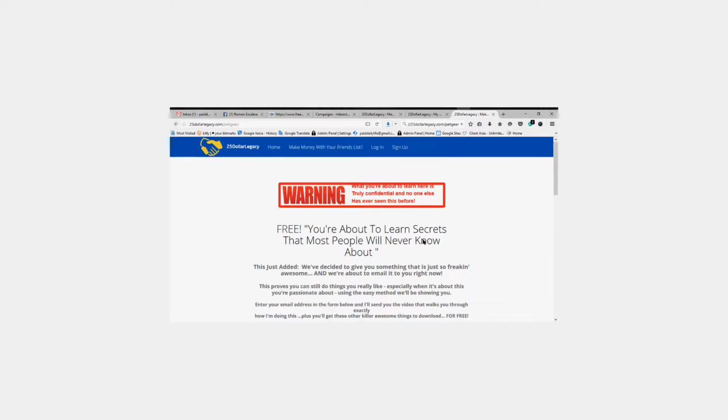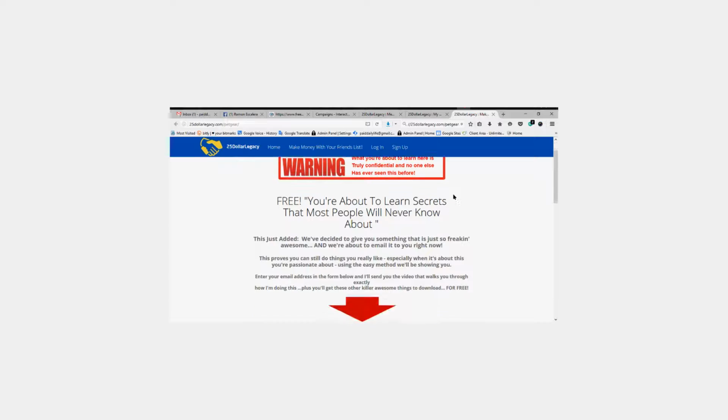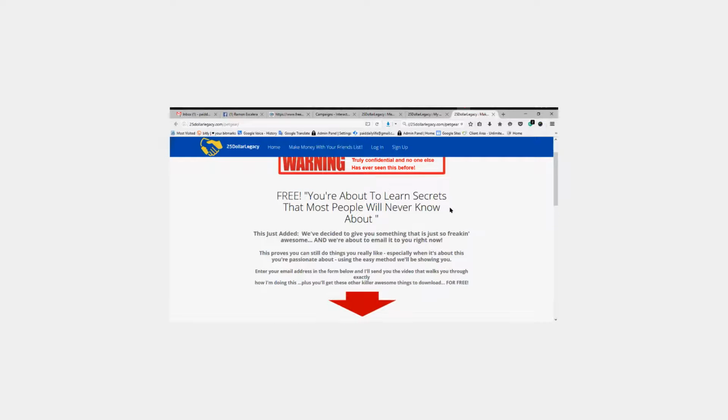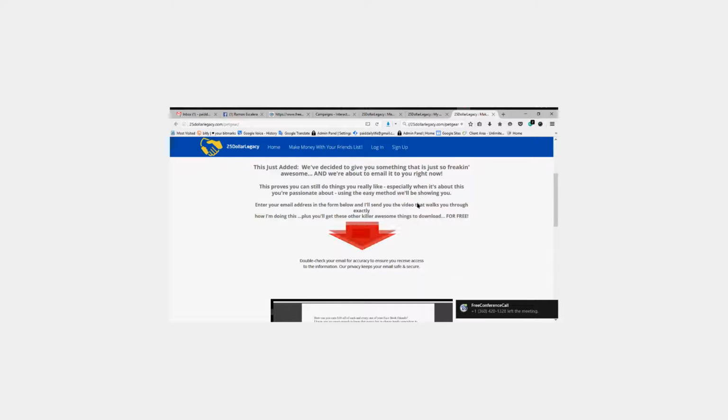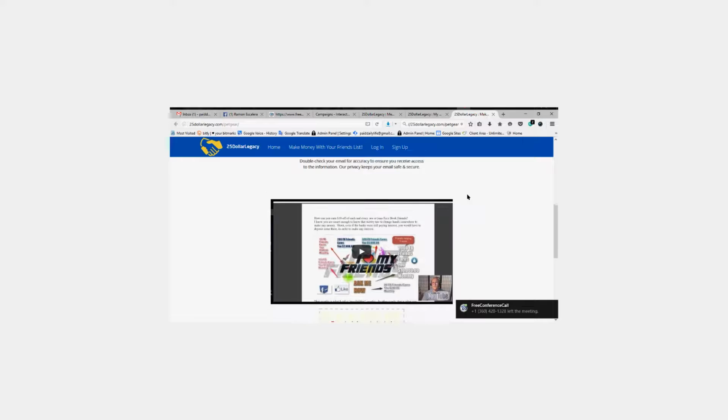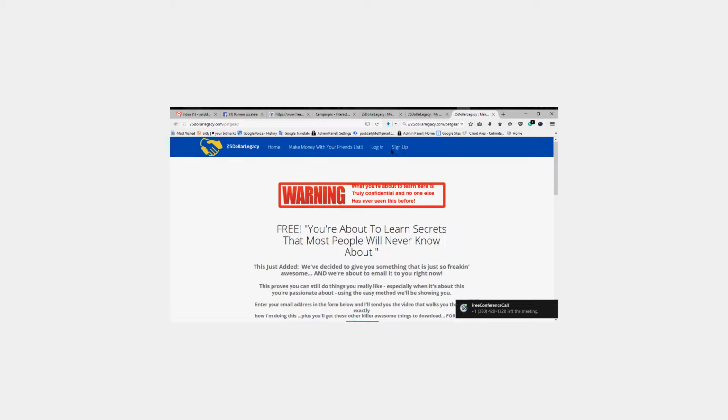The My Site feature is going to promote whatever it is you want to promote, number one. Number two, if you get a referral and they want to take a look at the legacy and want to sign up, all they need to do is click on log in or sign up right here. If they click on sign up, they're going to sign up with you within the legacy. So if you have a little description here explaining what the legacy is all about, what we have to offer, and so on, they may possibly sign up with you.